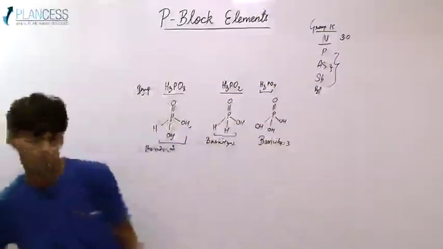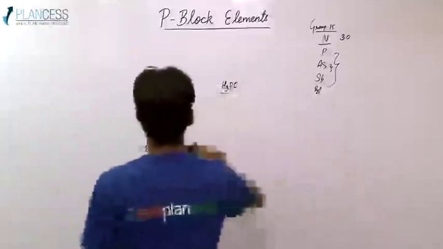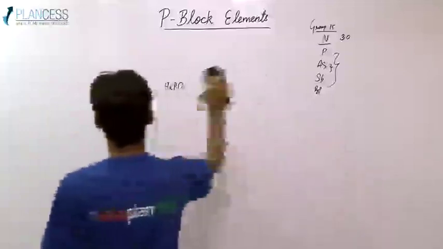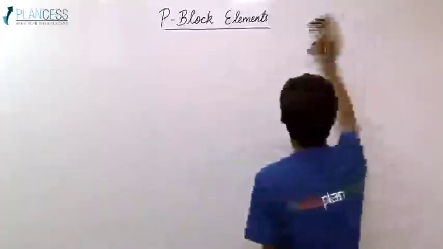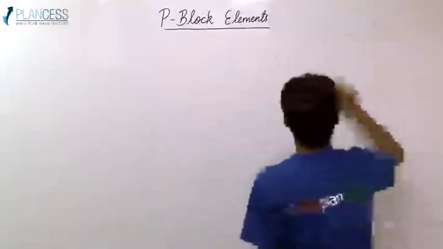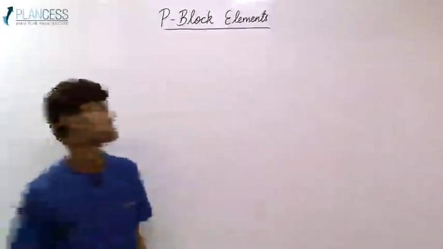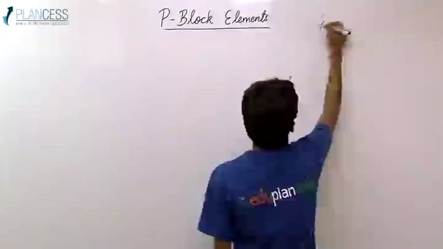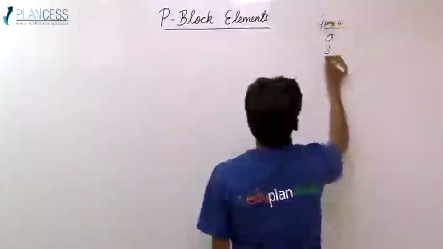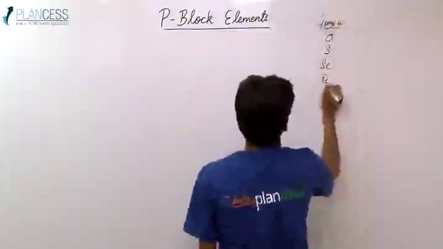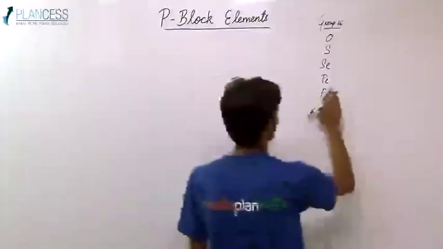Now moving on to the next group, that is group 16, the oxygen family. Group 16 has the electronic configuration ns2np4. The group number would be 10 plus the number of valence electrons, which in this case is 6, so the group number would be 16. Group 16 consists of oxygen, sulfur, selenium, tellurium